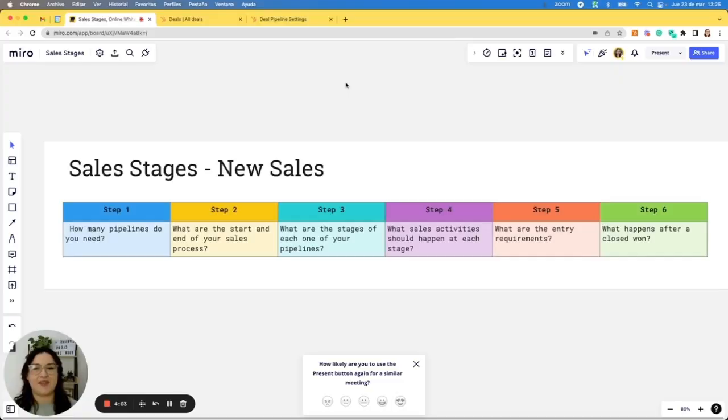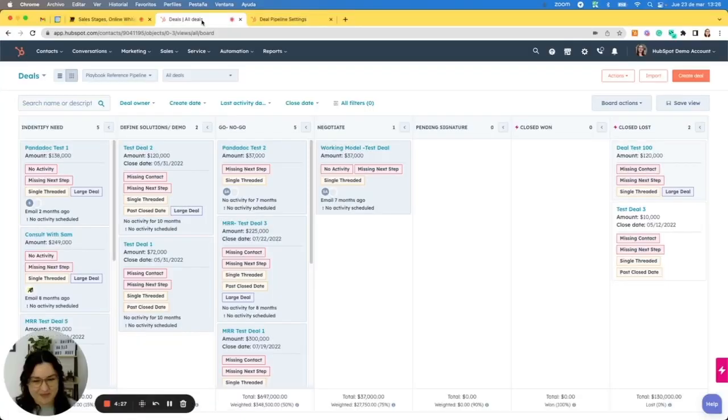Step 6, what happens after a close won? So you got your signature, you got the big yes. What happens next? Do you do a handoff to an onboarding service? Do you just notify your finance team in order to create invoicing, accounting, all of that stuff? What happens next? So once you have replied to all of these questions, then yes, jump into HubSpot, create your